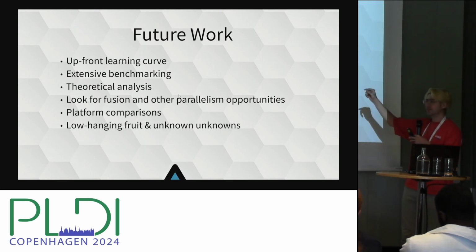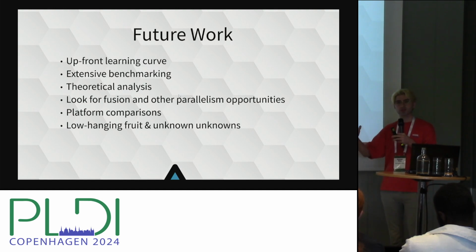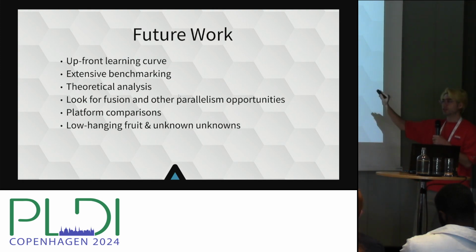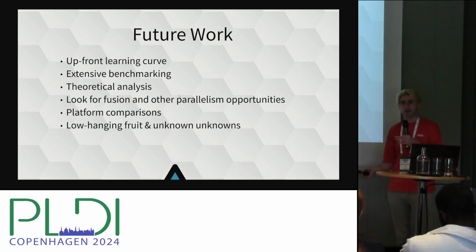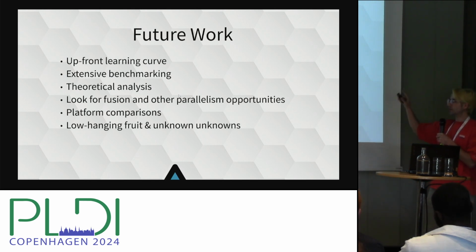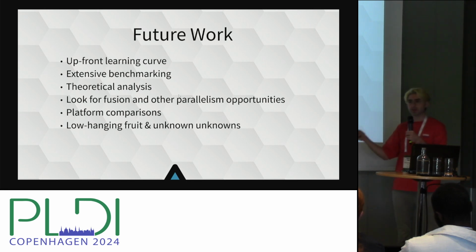But each of these passes is a lot smaller than your traditional recursive descent; the amount of work you're doing on each little window is small. So it's not clear exactly how those two interplay. We want to do a lot of extensive benchmarking and especially theoretical analysis. How does this relate to an LL(*) parser, or LL(k) parsers? We'd want to figure out that story and then use that knowledge to look for other opportunities for increasing the parallelism in your implementations.